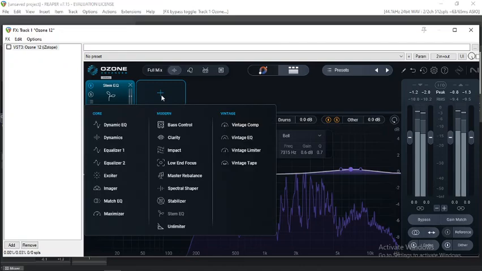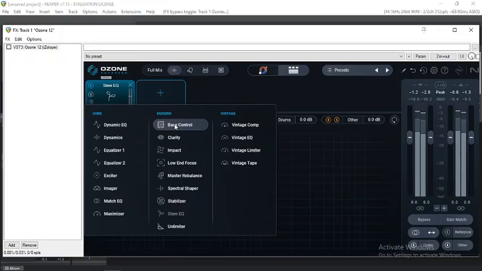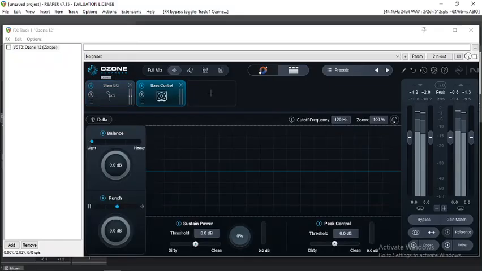Then I have to be careful. Yes, bass control. You can see that. Interesting. I think I'm going to turn this off because it's a pretty CPU heavy thing. Actually, let me see if it's crunching. I'm going to delete.